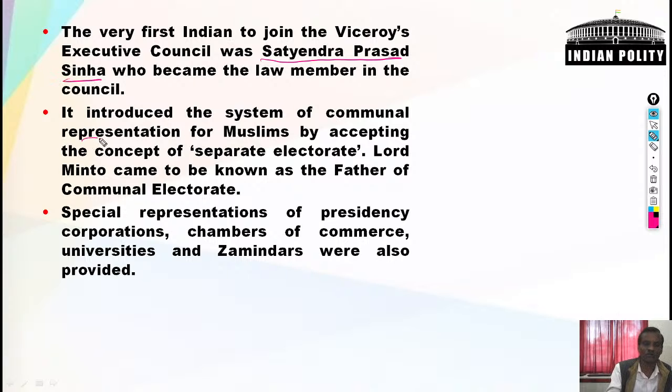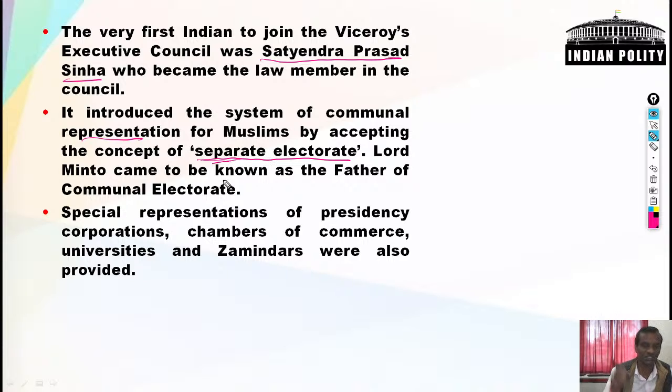Then introduced system of communal representation. Separate electorate system. सेपरेट इलेक्टोरेट मीन्स एक संविधान सभा एक कॉन्स्टिट्यूएंसी से दो तरह के लोग जाएंगे। यहाँ अभी हम क्या होता है कि सपोज एक कॉन्स्टिट्यूएंसी है, निर्वाचन मंडली से एक व्यक्ति को हम चुनते हैं, लेकिन जो ब्रिटिश ने किया उन्होंने एक कॉन्स्टिट्यूएंसी से दो तरह के लोग जाएंगे, एक मुस्लिम के तौर पर जाएंगे और एक नॉन मुस्लिम मतलब हिंदू क्रिश्चियन जो सब थे। पहला बार मुस्लिम के लिए सेपरेट इलेक्टोरेट सिस्टम इंट्रोड्यूस किया गया। दैट इज द थिंग्स